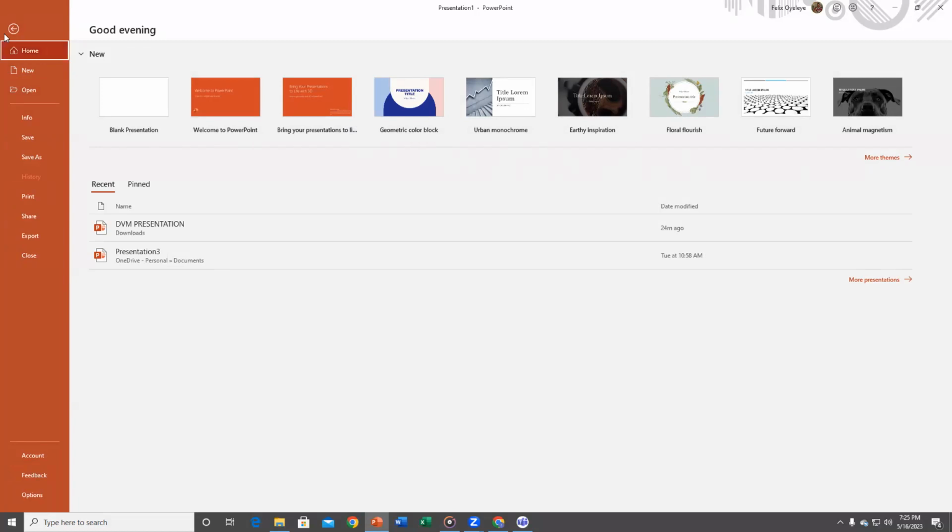Now, if you go back, normally when you are at this place, you have your new, your open, your info, your save and save as. Save as is what you use when